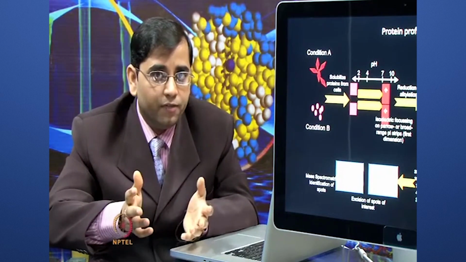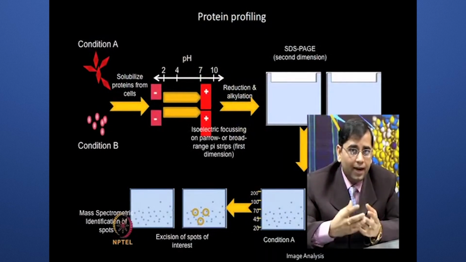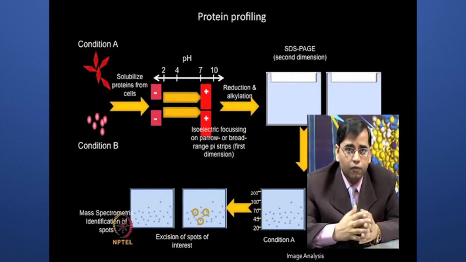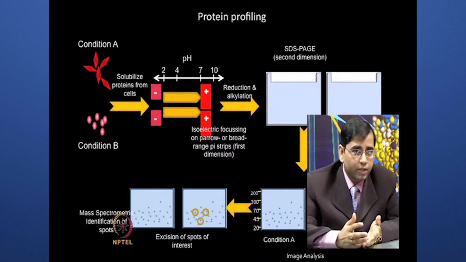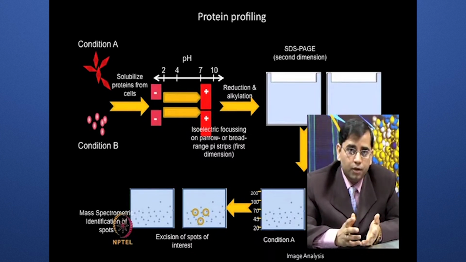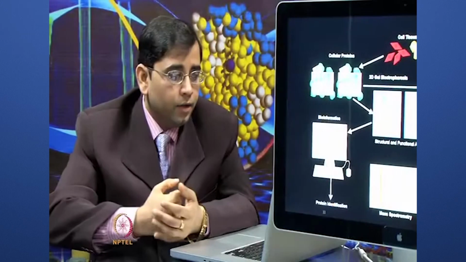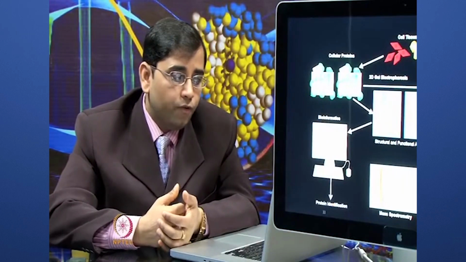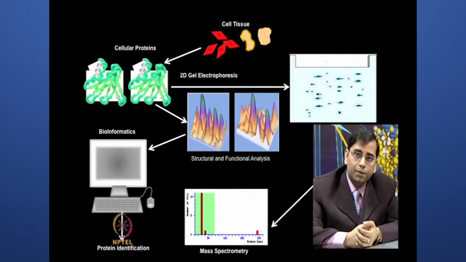One needs to analyze that from different gels and different replicates, both technical and biological, and then obtain the statistical information for these spots. And if these are significant, then this is the protein of your interest which you would like to identify by using mass spectrometry. So, I am giving you a view of abundance-based proteomics or differential expression profiling,